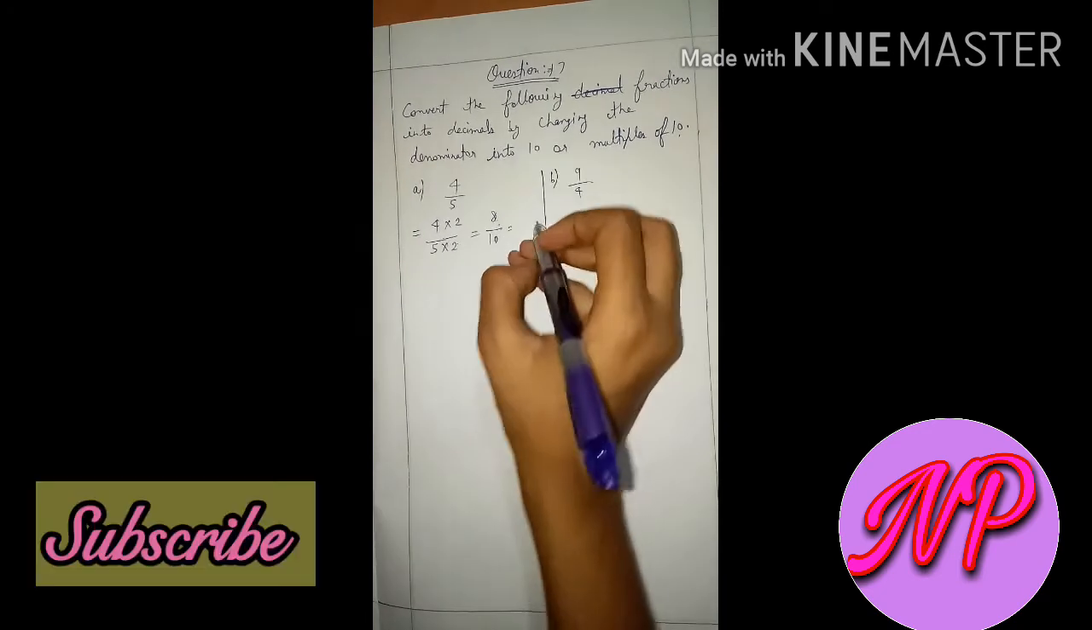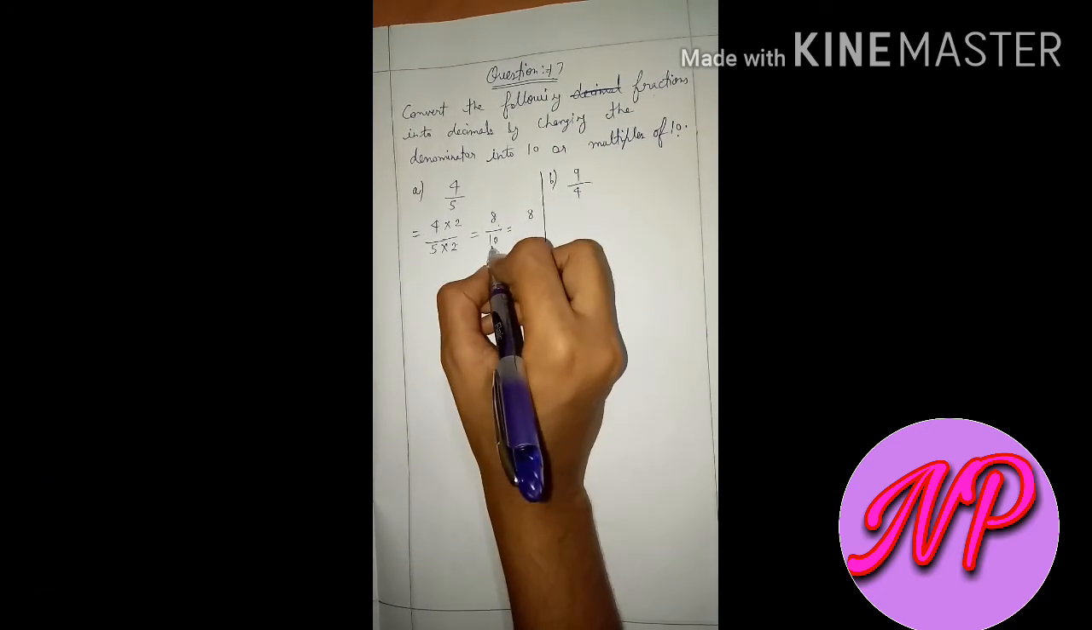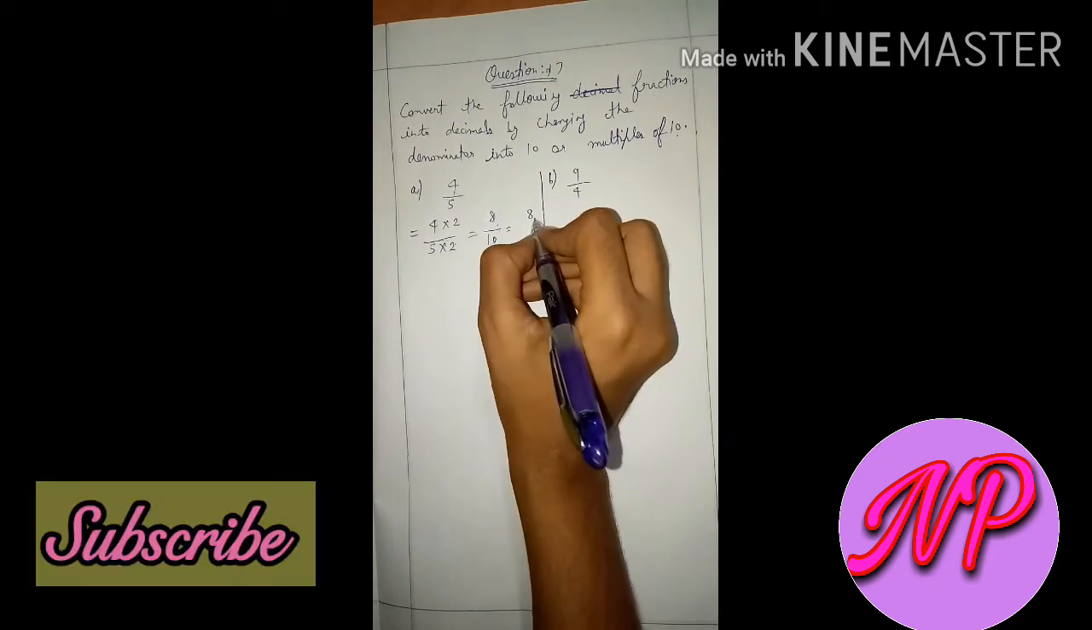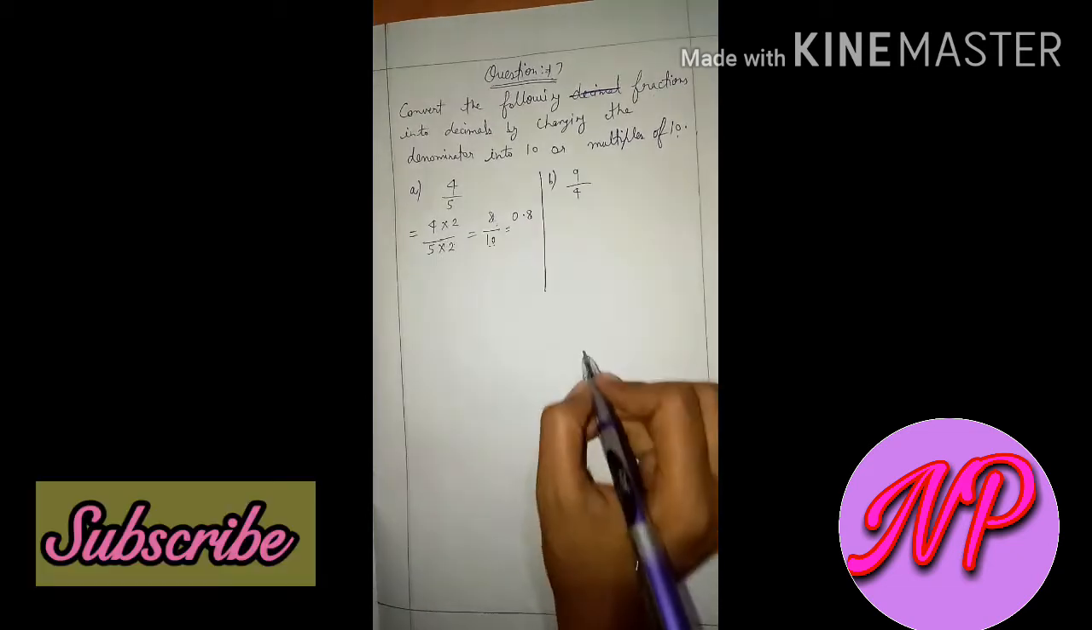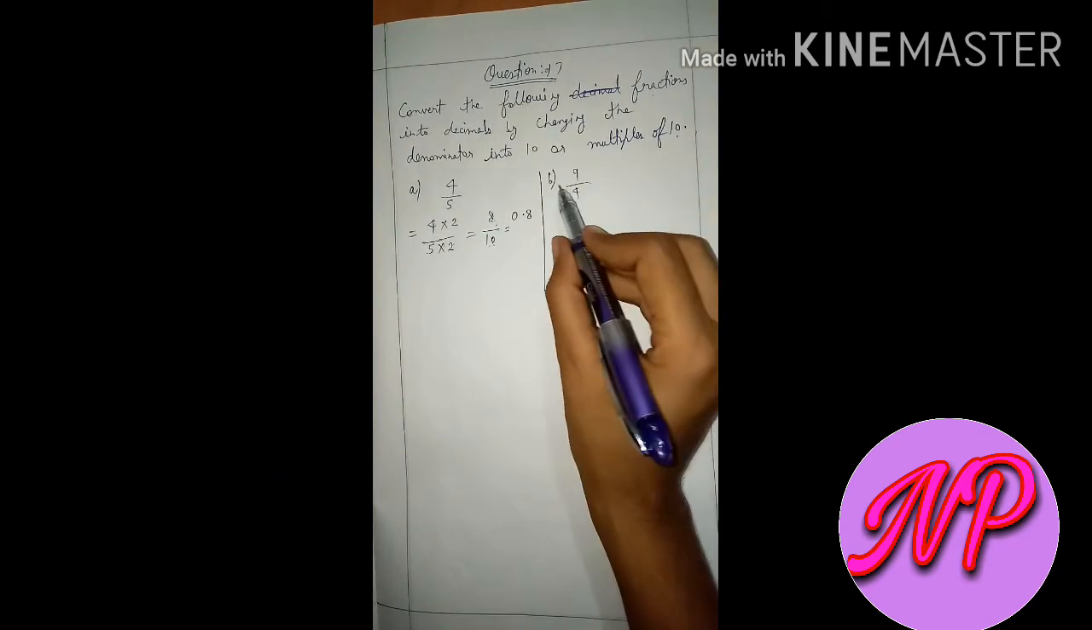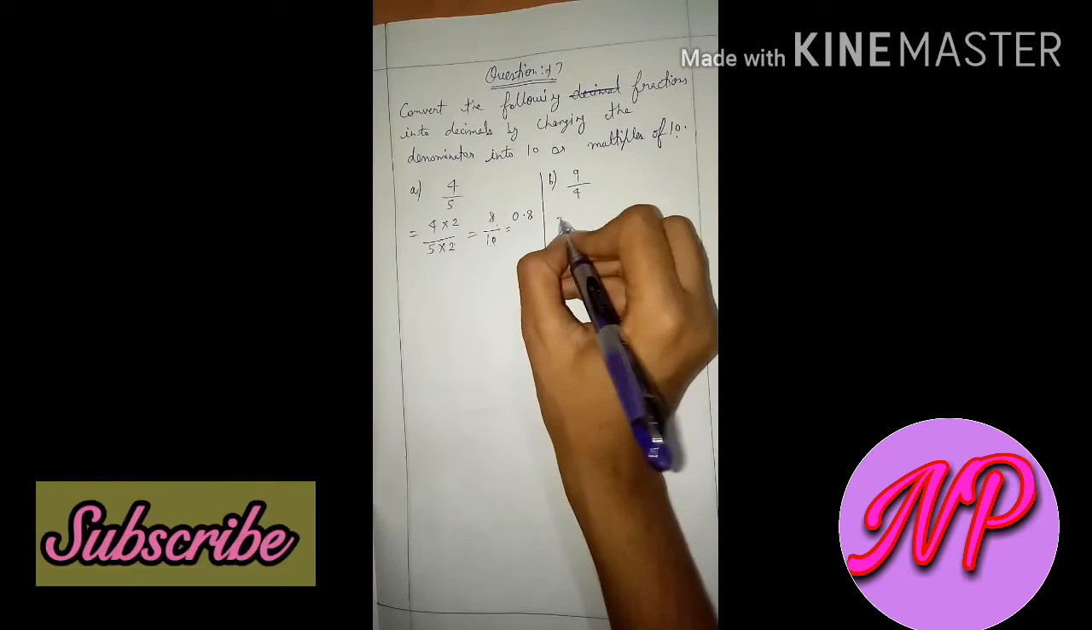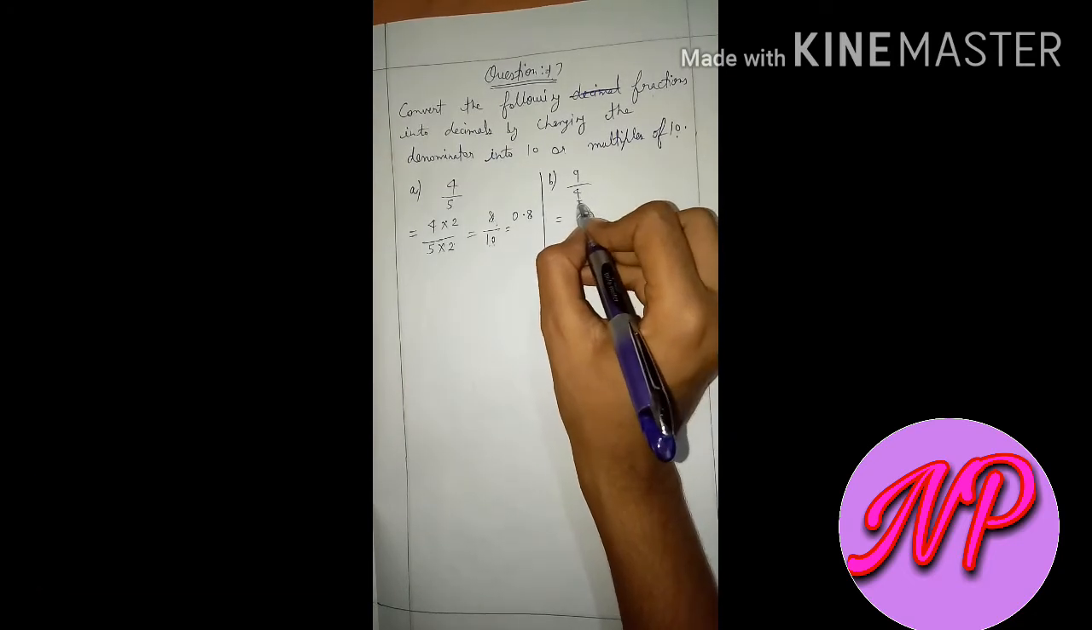So 8 by 10, we will write the numerator here, and here the 10. It means 1 zero. We will put the decimal point to the right side of the 1 digit, so 0.8. Got it? And the second question, B, 9 by 4, and we have to make 9 by 4